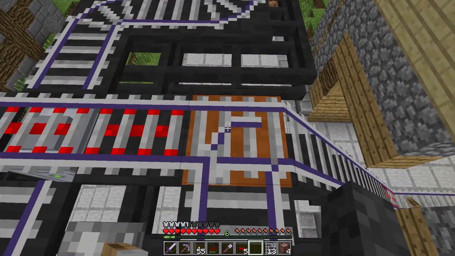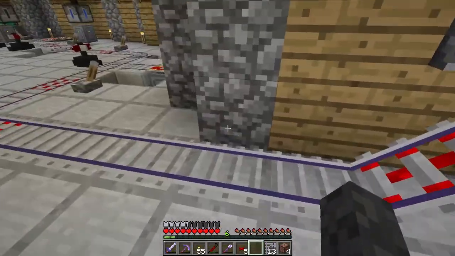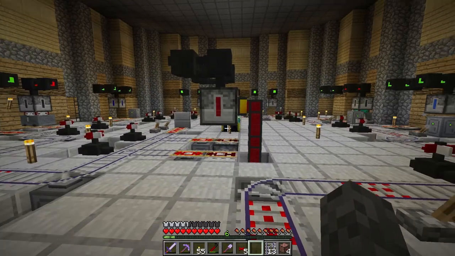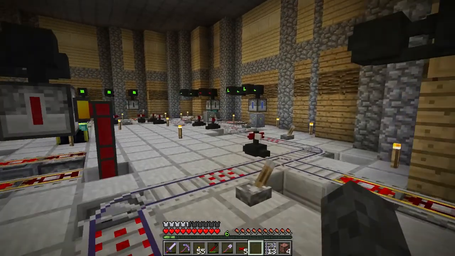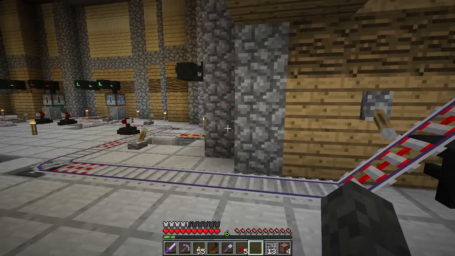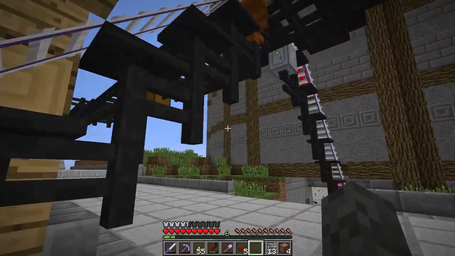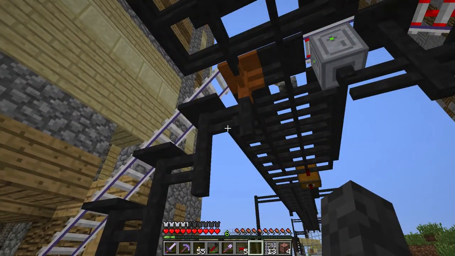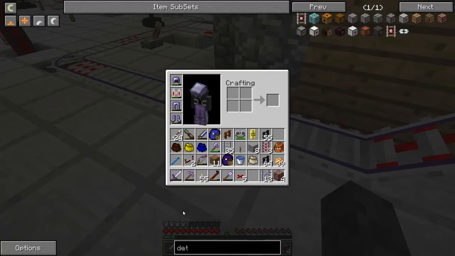But then this will switch when it detects an empty honey cart, a creosote cart of any type, and that's everything. The other ways it won't switch. So we would need...